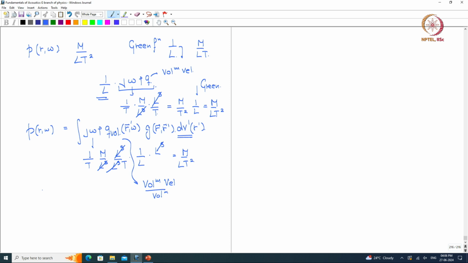So if I have a source somewhere, I should be able to represent it appropriately using j omega rho q volume, and this has to match the units, of course, and match the description as we did for the point source. Okay. Now with this, what happens is the KH integral